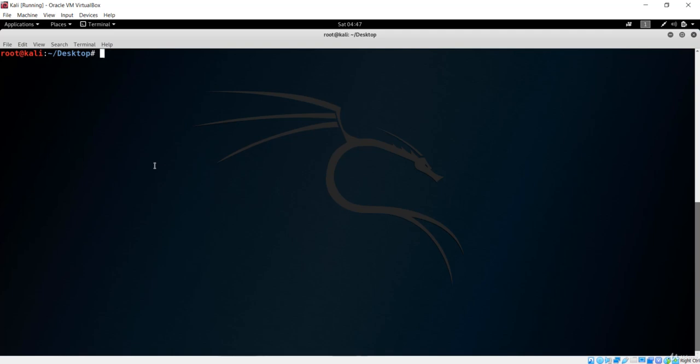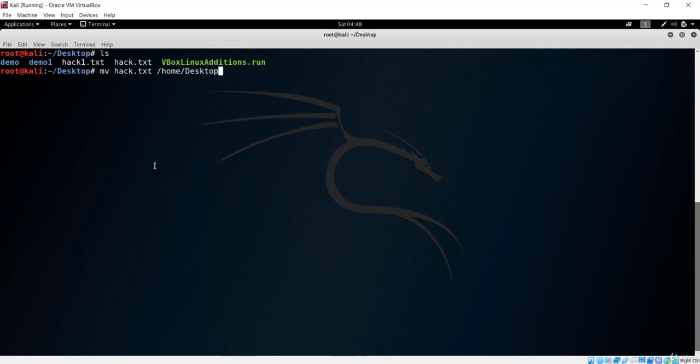I forgot the file name, it should be hack1. Okay, mv for moving, and now the hack.txt file should be moved inside the desktop, or you can also go to downloads, and I want to move it here.